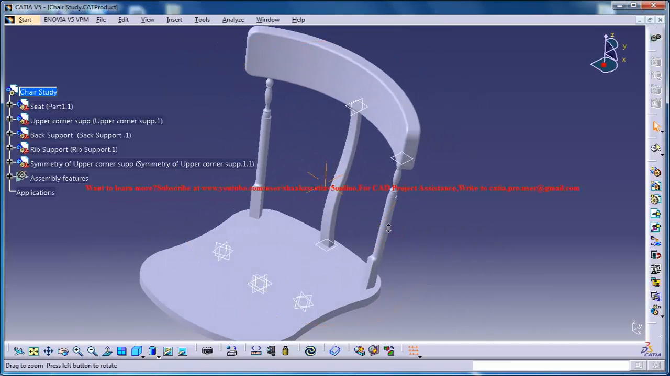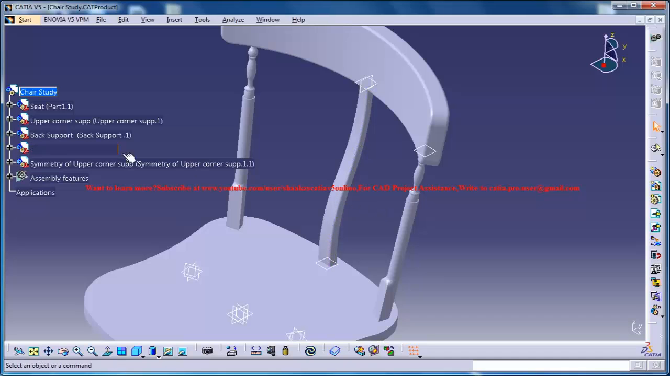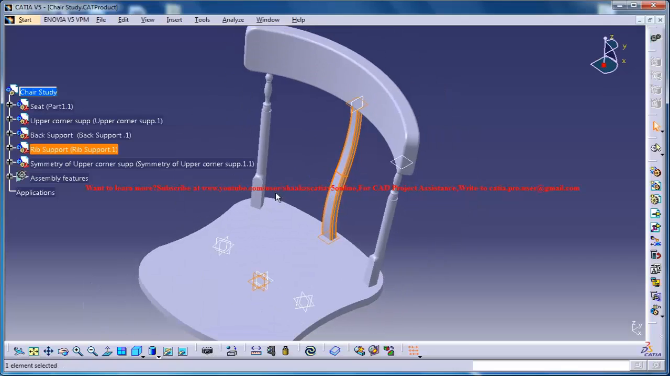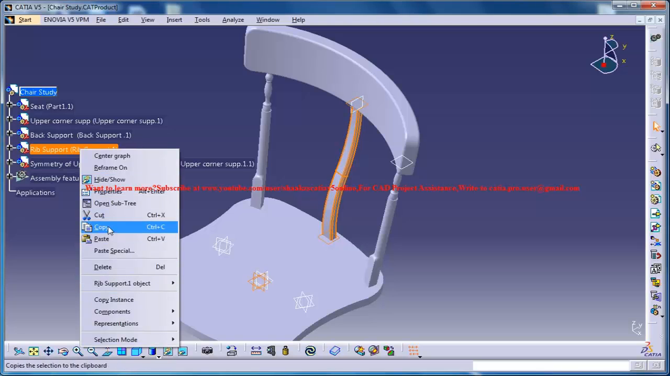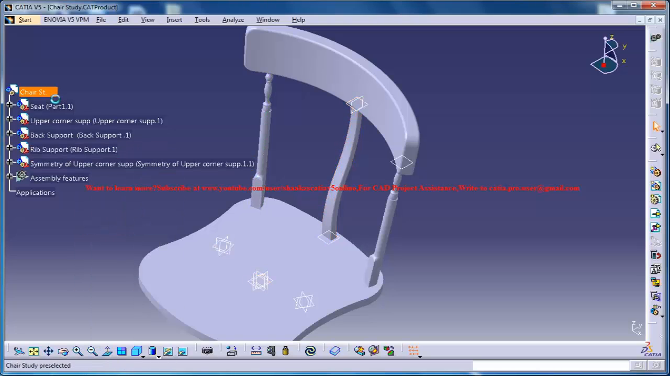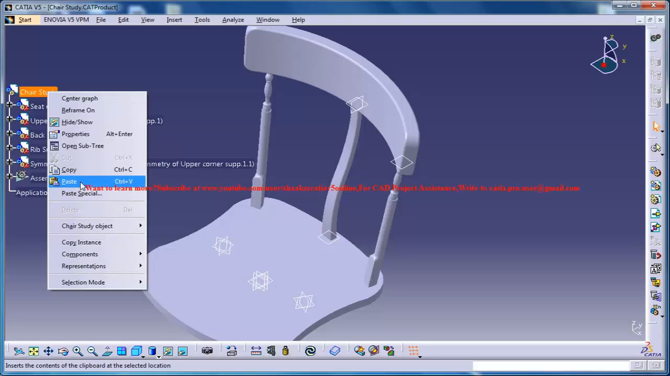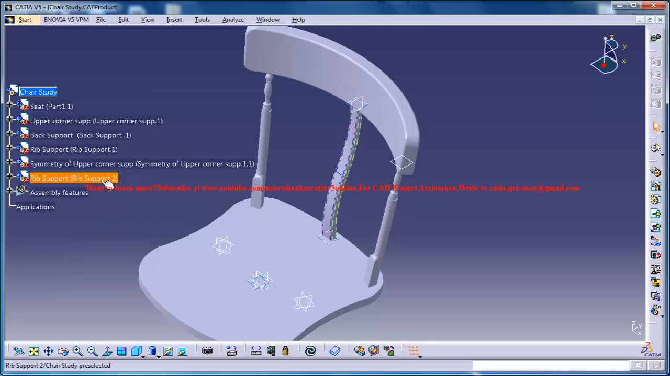And the next thing what you can do is select this rib support and just copy the rib support and select the chair study and just paste it, and you got another rib support over there. Now